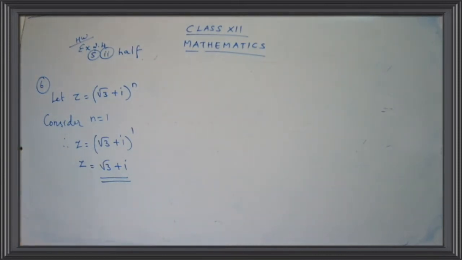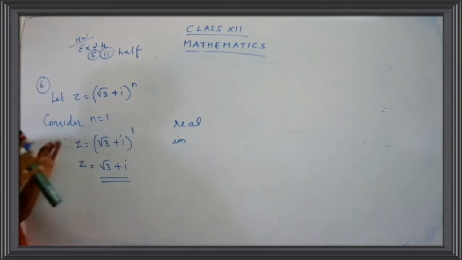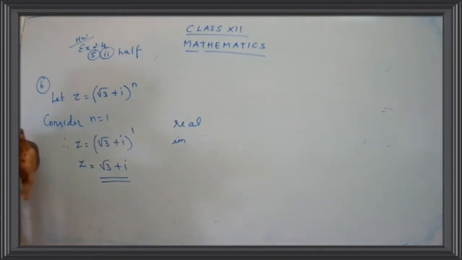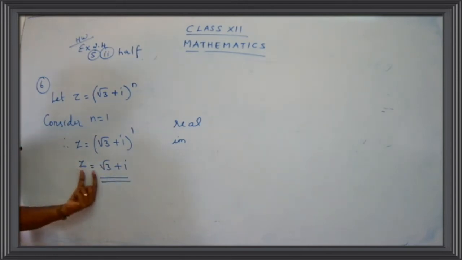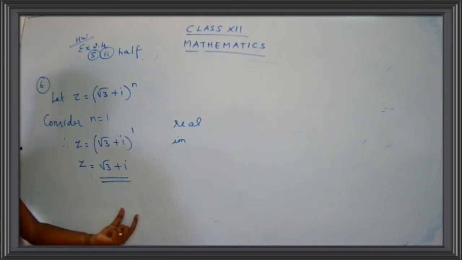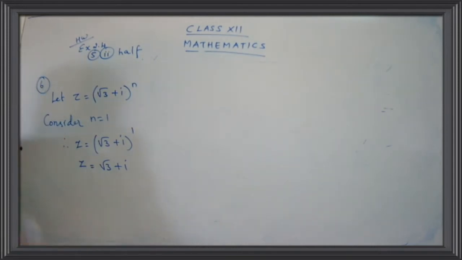Okay, children. Now here, just listen to the question carefully. You have to find out the value for n for which it is real and imaginary. That means you have to get only a real part and also you have to get only the imaginary part. But just see the sum over here. You have a real part and you have an imaginary part. So we have to move further. This is not the required answer. We have to go for one more step. Let's go for the next step.